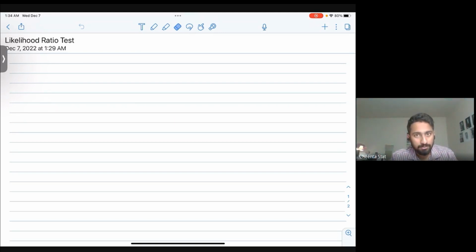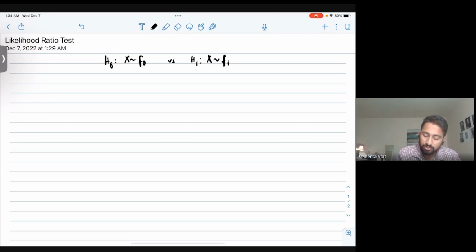The Neyman-Pearson lemma says that if there are two simple hypotheses, H0: X belongs to F0 versus H1: X belongs to a different distribution F1, then the likelihood of X belonging to F0 divided by the likelihood of X belonging to F1 should be lesser than some quantity